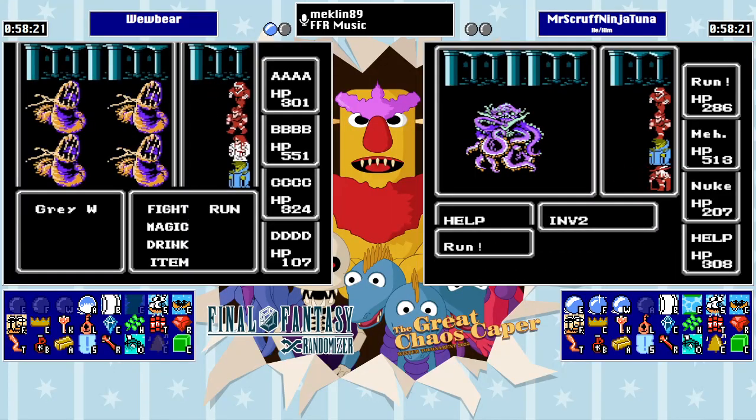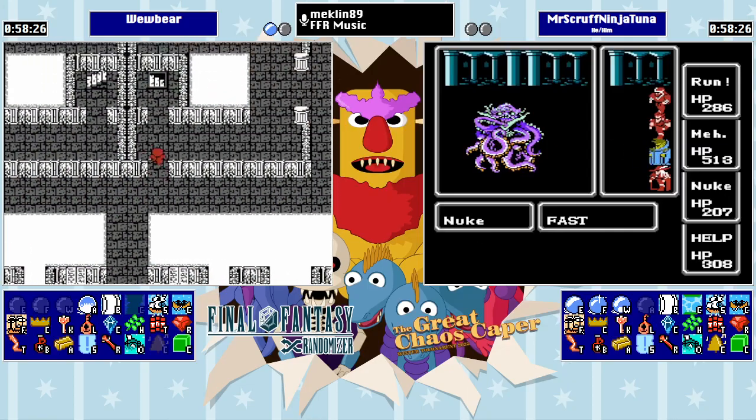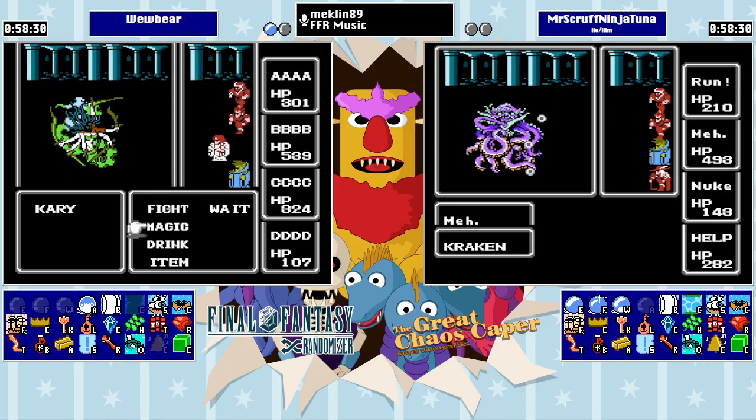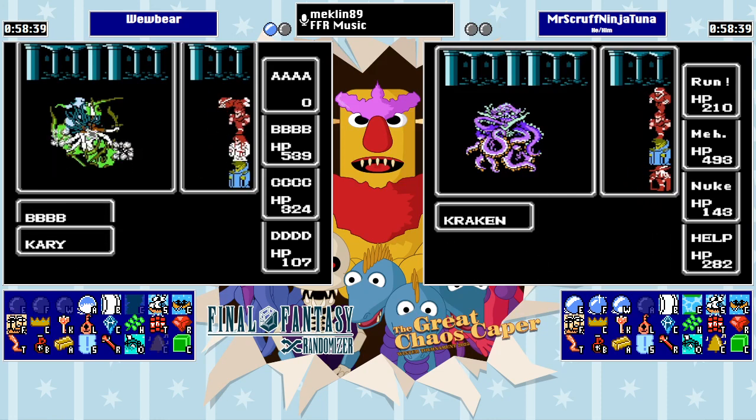Mr. Scruff pulling up on Kraken 2. And Viz 2 coming out. Fast coming out on the ninja. Kraken says, here's a Lit 2 for you. And we're swinging from that fighter with the Masa, and swinging with the Katana from Thief. Fast coming out on the...